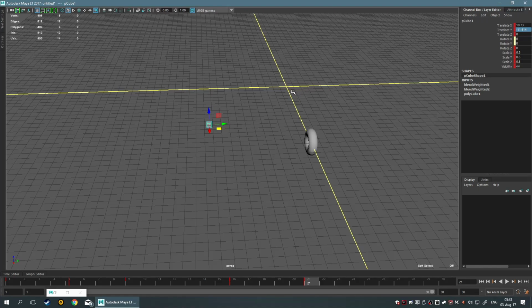Now, imagine that at frame 21, I want this thing to turn on plane X and Y by 50. Obviously, beyond the obvious, where I could just grab this and put it on 50 and make it work on my own, I just want you to imagine that this is not feasible, or even though it could be feasible, it's just too much of a pain. Usually, these driven keys are used for vertex animations and morph targets. If you had a cluster of vertices you wanted to deform, or anything really that has a lot of values, usually you tie that to a driven key so that you just grab this object, move it, and you get the desired